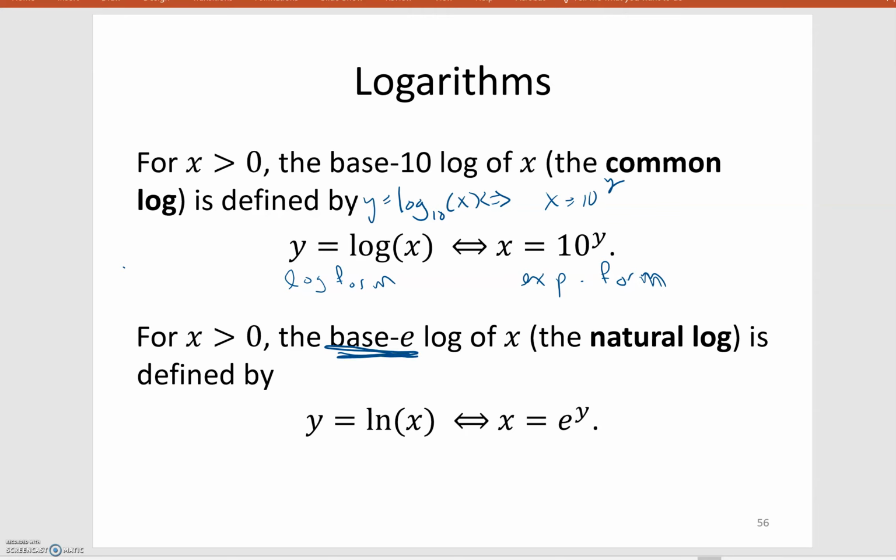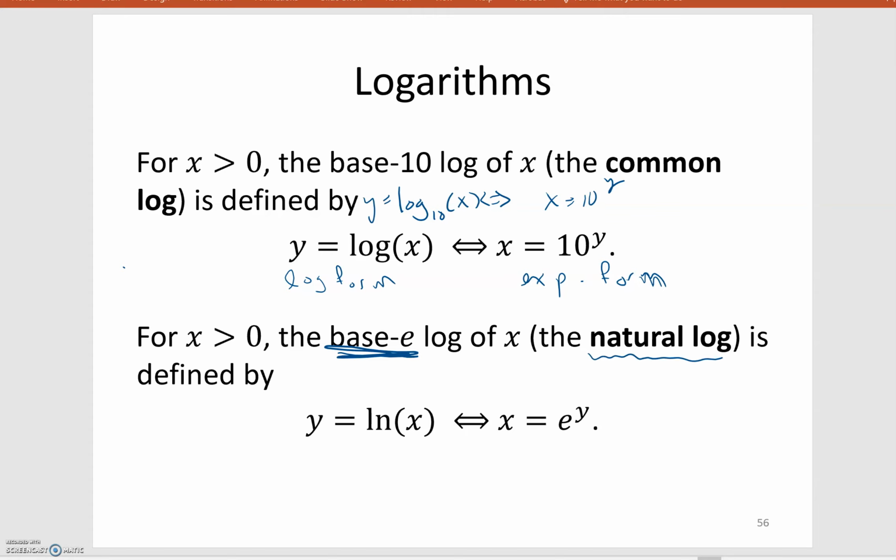Okay. So we know we've got this e value that we've been using for continuous growth and continuous decay, and that's what we're talking about when I have base e. I'm talking about 2.71828, and so on and so on. Okay, so the base e log is actually called the natural log,